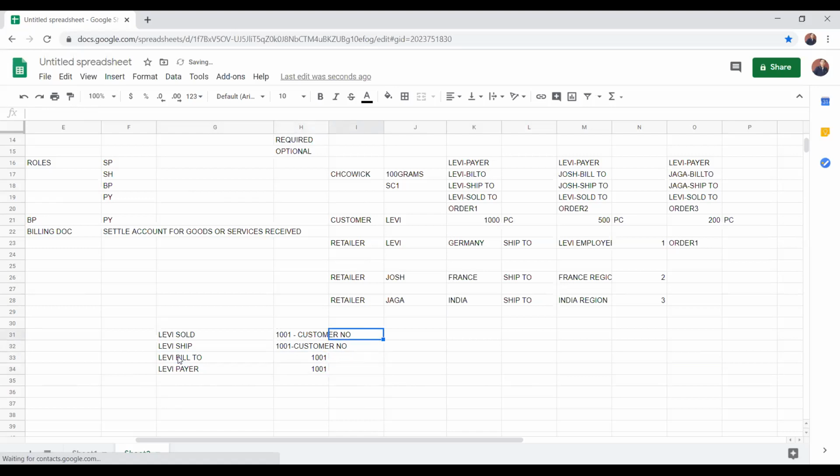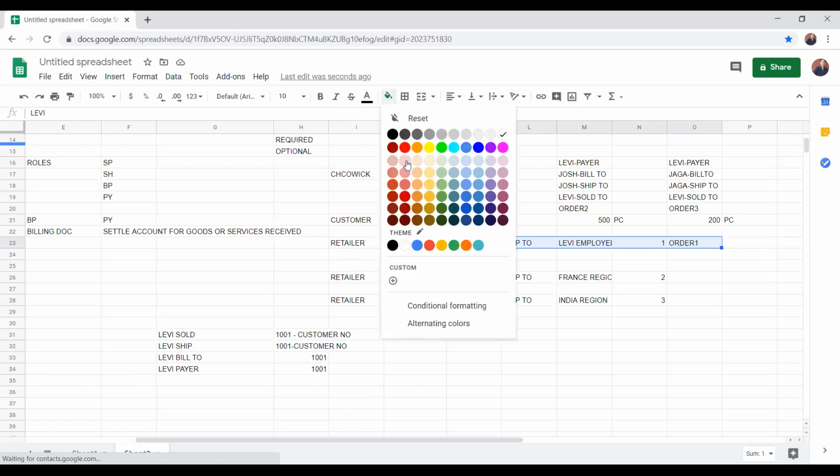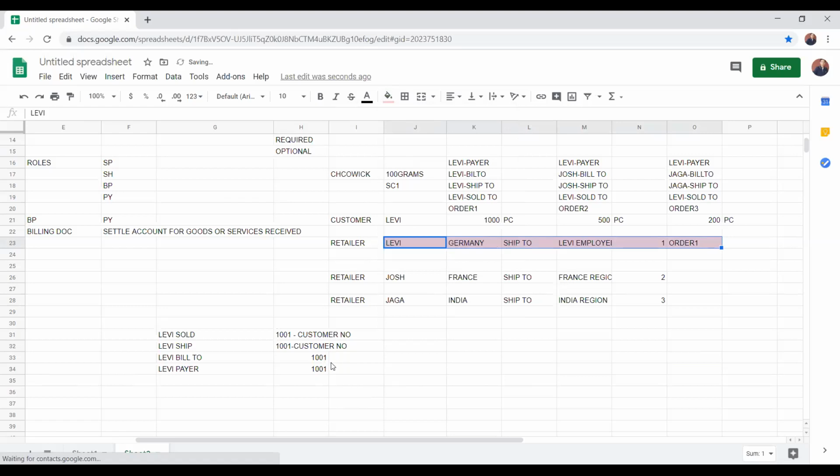This is which case? You see here, everywhere Levi is there, right? For order one. So order one is for Germany.